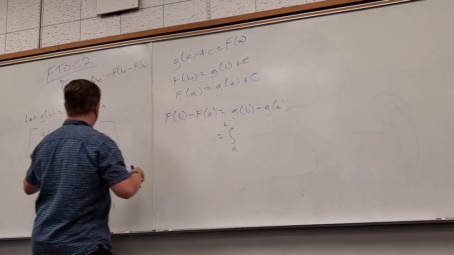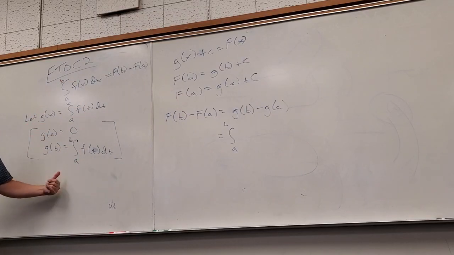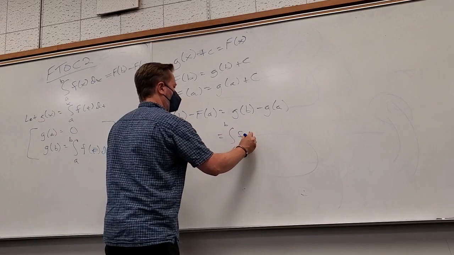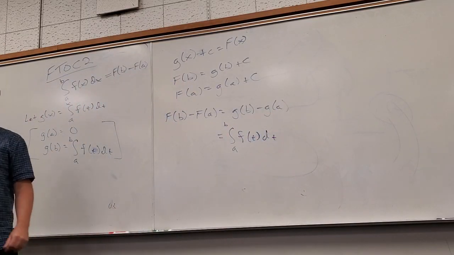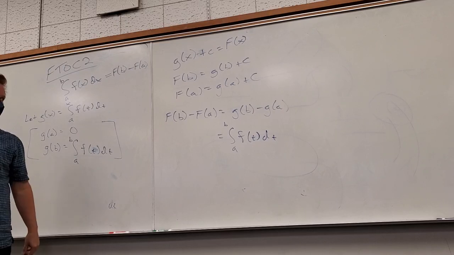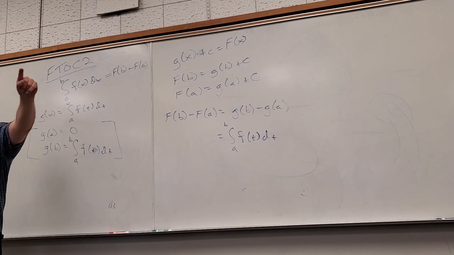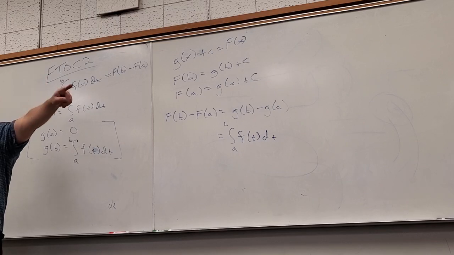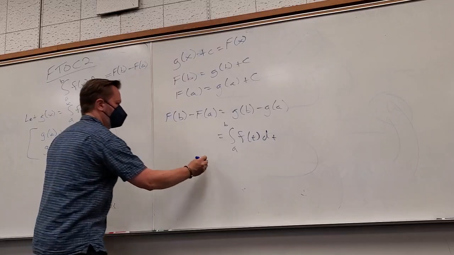Is that cool? We said G of b was this. So anytime I see G of b, I can put this, yes? And like Ricardo said, what is G of a? 0. Now here's the part you have to really just see. T in this problem denotes this axis, yes? I can call this axis anything I want to. What do we normally call this axis? The x-axis. So this is the same thing as